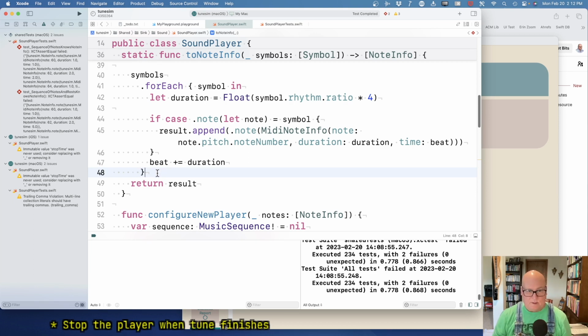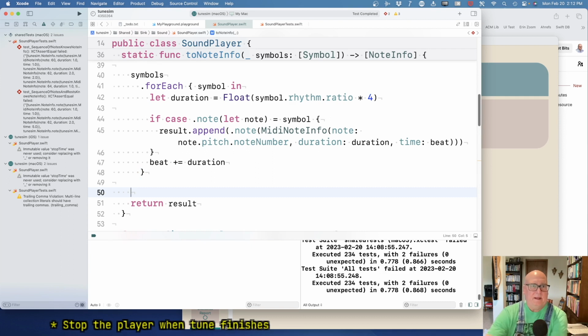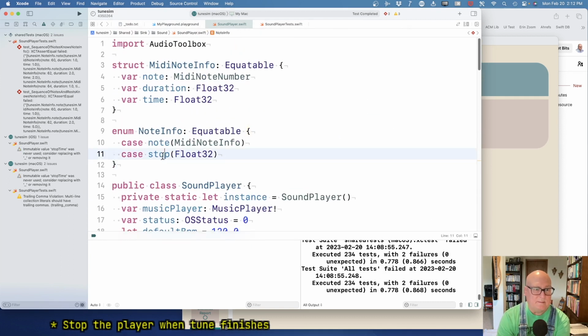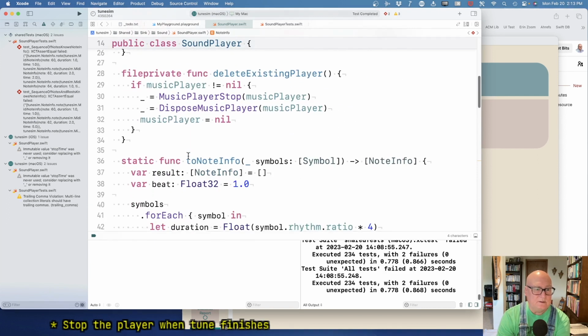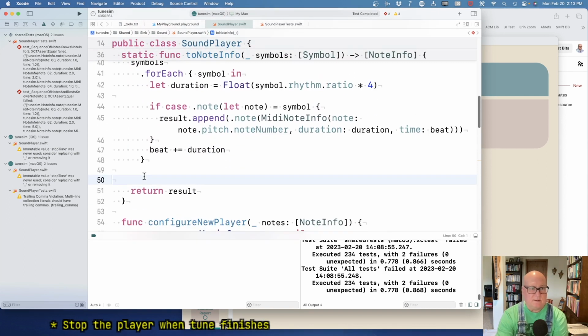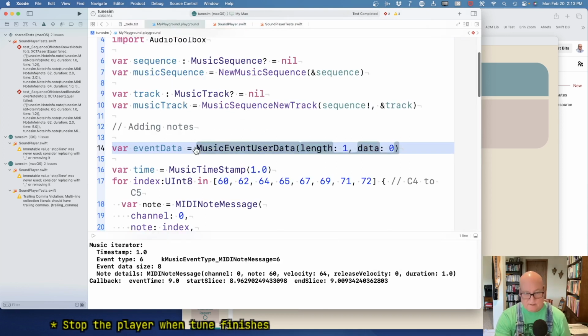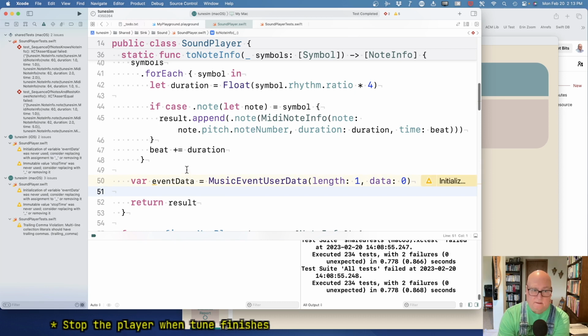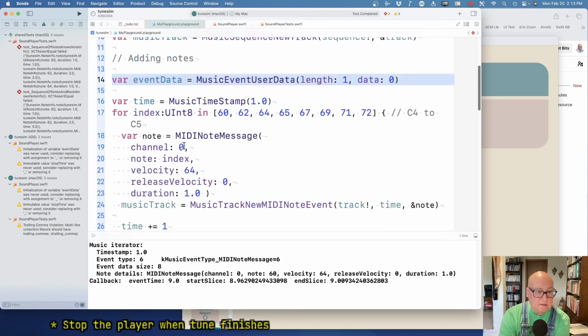We need to append our stop value. Okay, so we need a stop, and the float 32 should be beat at this point. Okay, so here's our event data. All right, and then